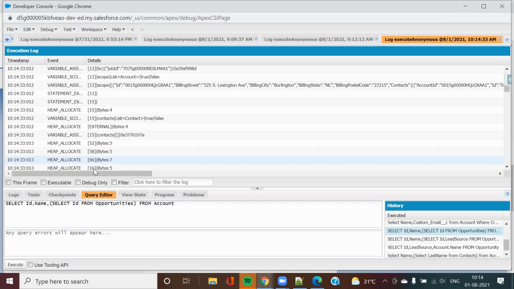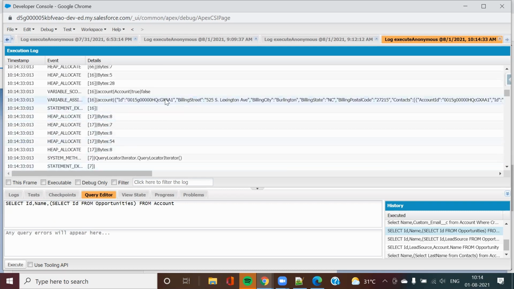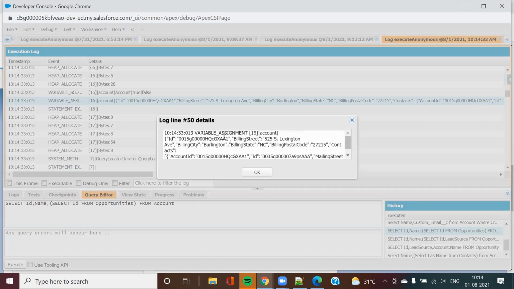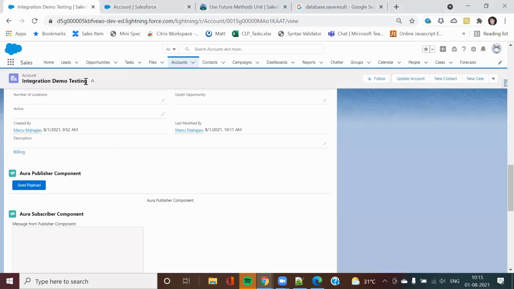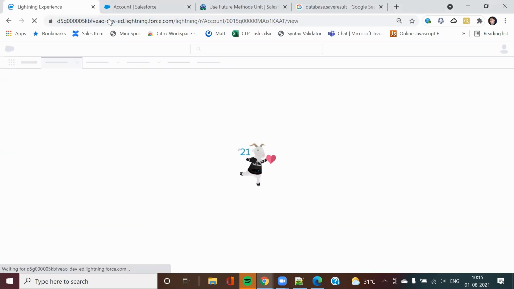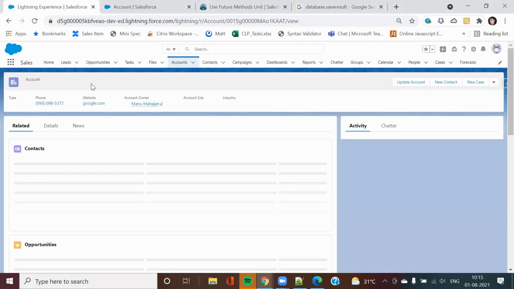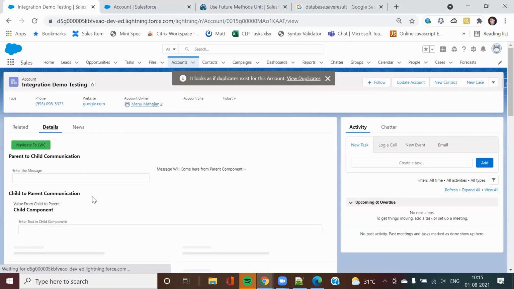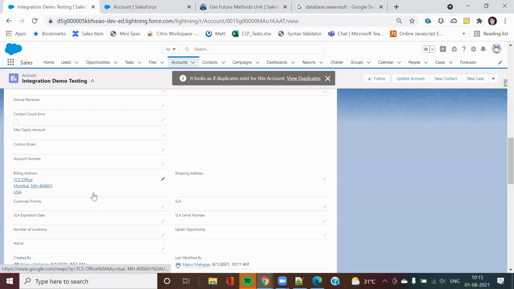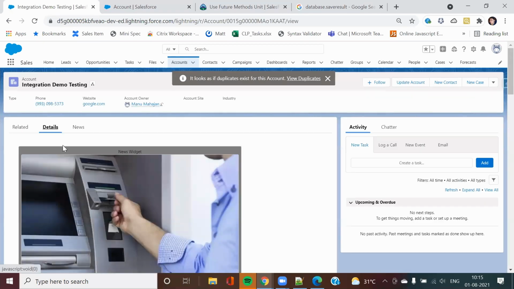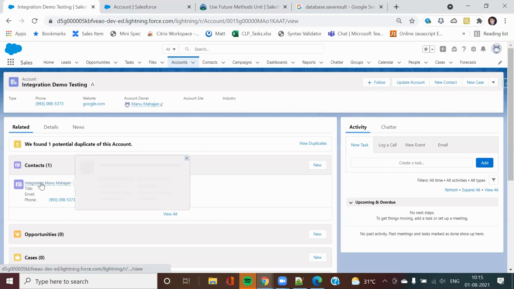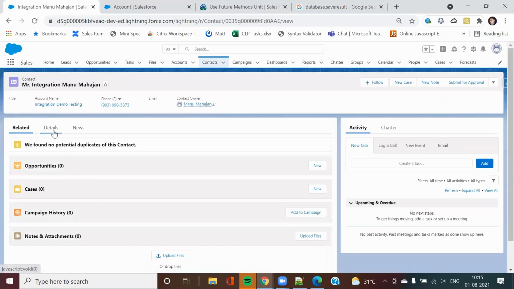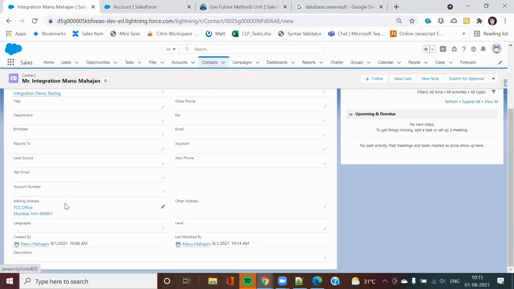Seeing a lot of records are updated. This one we can also check. First, let us check this. Here on my contact, those details should be updated. There you see the address got updated.